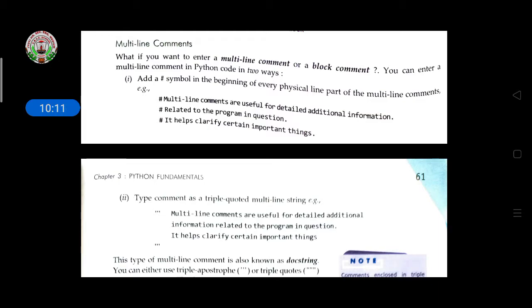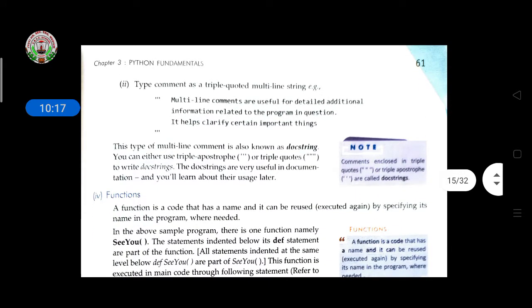Multi-line comments are useful for detailed additional information. We are using this with the help of hashtag. And the second one is to type the comment as a triple quoted multi-line string. So if you want to give multiple lines, you have to give a triple quoted multi-line string.